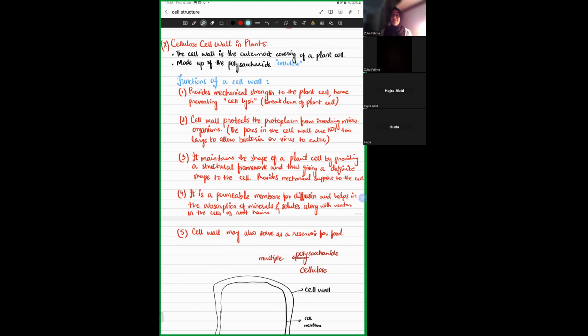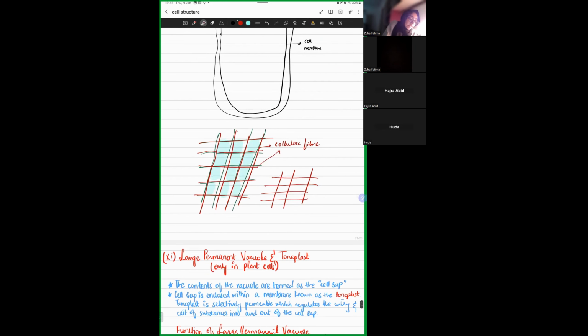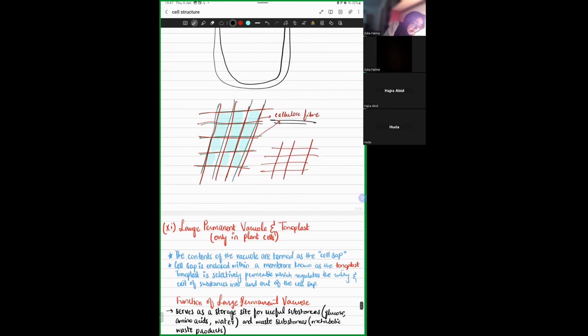The plant cell would swell, but because there is a cell wall present, with a network of cellulose fibers, they provide tensile strength, a mechanical strength. Hence, this mechanical strength is protecting the plant cell from undergoing cell lysis or breakdown. And why is it so? It is because these cellulose fibers are highly